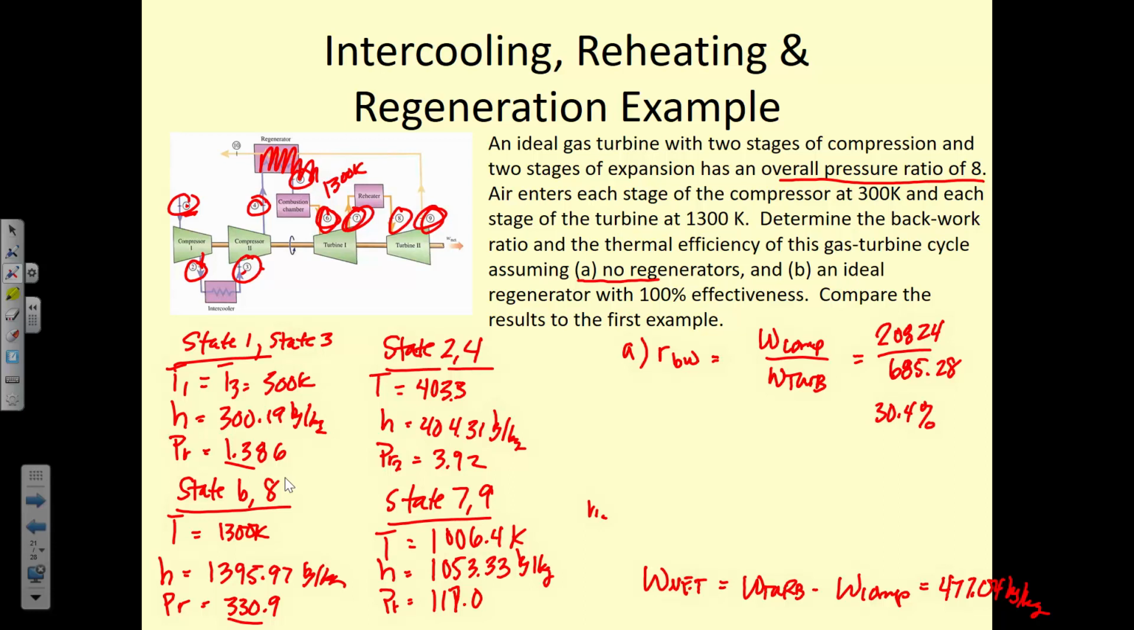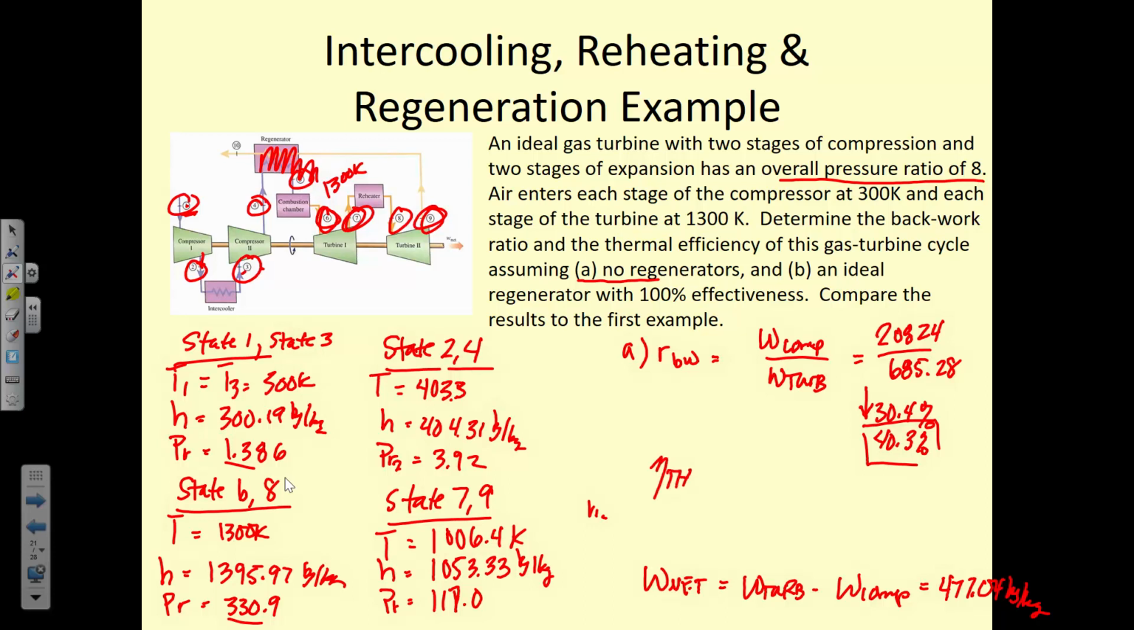So when we compare it to example 1, our back work ratio was 40.3%. So we were able to decrease our back work ratio, which is a good thing. Okay, it means only now 30% of our work from our turbine has to power the compressor. And our